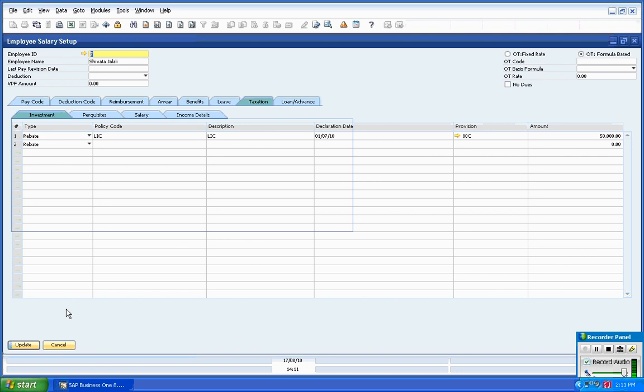If we come to the taxation part, this particular taxation tab has sub-tabs in it. The first one is investment. You have to define here what investments a person has made. Employee ID 7 has defined that she or he has invested 50,000 rupees under section 80T, and the declaration date was